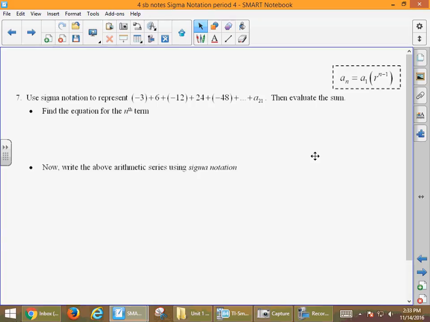Problem number 7. Use sigma notation to represent -3 plus 6 plus -12 plus 24 plus -48 all the way up until the 21st term, a sub 21, the 21st term. Then evaluate the sum. So it says find the equation for the nth term. Well, first of all, I kind of give it away by having our little formula up there in that box. But what needs to happen here is we need to look at this and we need to identify the fact that this is a geometric